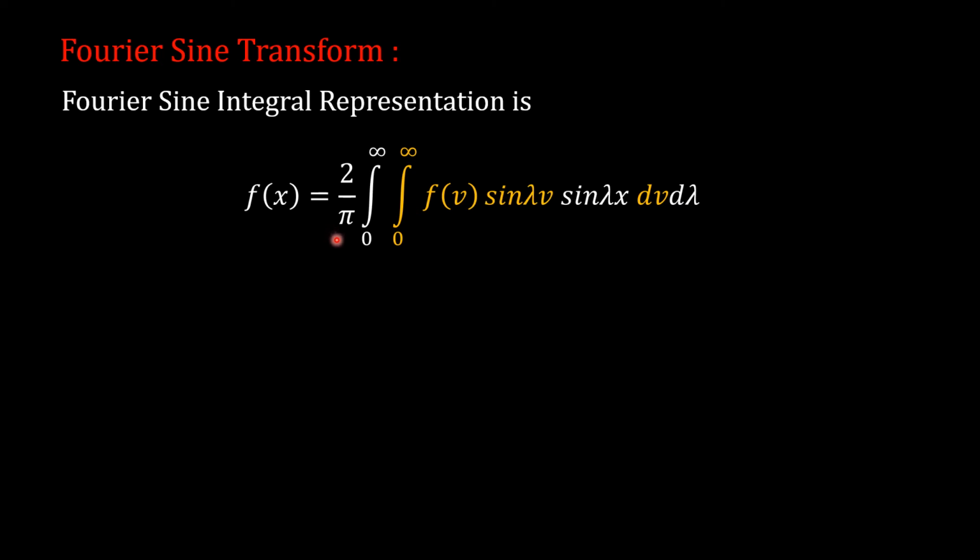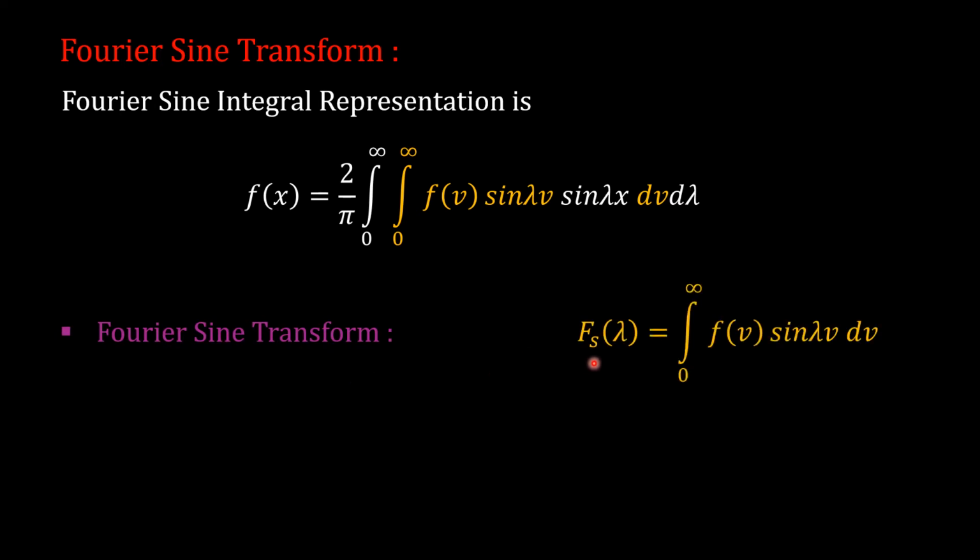Fourier sine transform, for which we need to consider the Fourier sine integral representation, which is given by f of x is equal to 2 upon pi integration from 0 to infinity f of v sine lambda v into sine lambda x dv d lambda. Now, the Fourier sine transform is given by these highlighted terms. So therefore, Fourier sine transform is denoted as Fs lambda. S stands for sine transform, which is equal to integration from 0 to infinity f of v sine lambda v